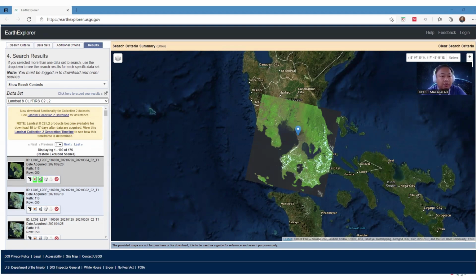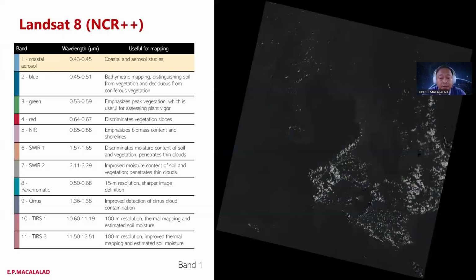Okay, so as I mentioned before, if you have a multispectral remote sensing image, that means you're going to get several images for different bands. So for example, this is NCR area with a lot of additional info, as I mentioned earlier.